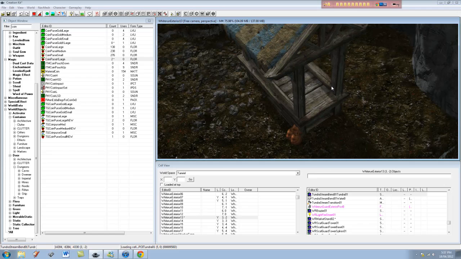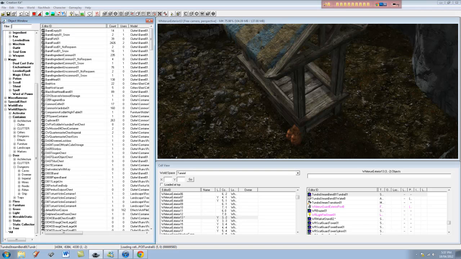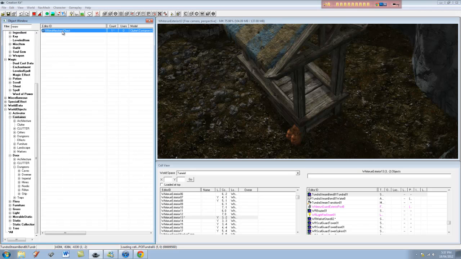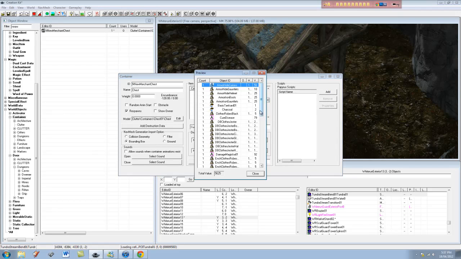Alright, so what I'm going to do now is go into our container. Now this is a lot of editing around the merchant's area. I know there's a few tutorials out there that are fairly basic and just show you how to make the merchant. However, I'm going to show you how to make a little area for the man as well. And what we're going to do here is just preview a calculated result, and I'm going to find something that he carries that's not too important. So something like the paper roll and some horsehide,